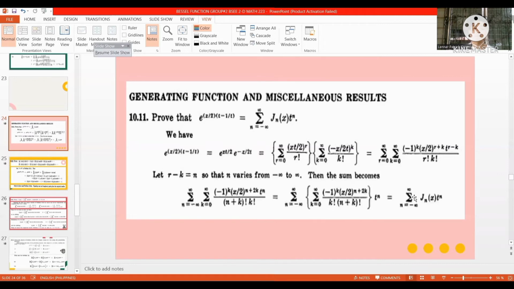Then the sum becomes summation n equals negative infinity to positive infinity, and summations of k equals 0 to positive infinity of negative 1 raised to k, and quantity z over 2 raised to n plus 2k, and t^n over (n plus k) factorial times k factorial, and equal, and the next step is equal to